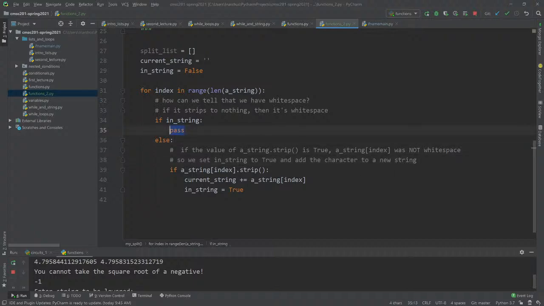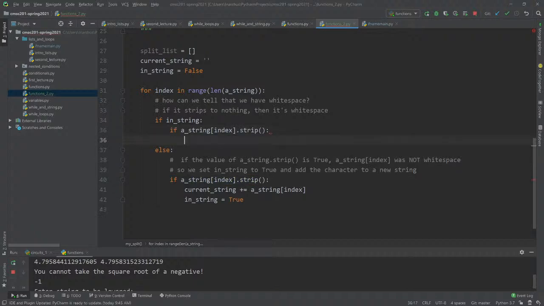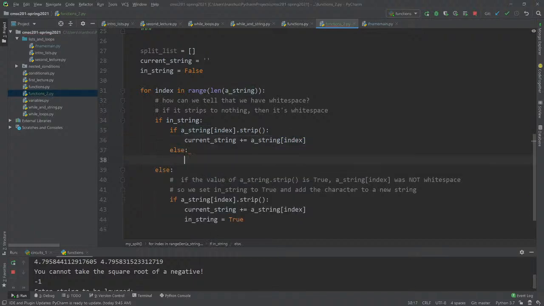Okay, so now what do we do if we're in a string, right? If we're in a string, what can happen? There's two possibilities. Either we're here in strip like str, and the next letter says I, so that means that we don't encounter white space. So if we don't encounter white space, then what we do is we say current string plus equals a string index. Done. Else, we did encounter white space.